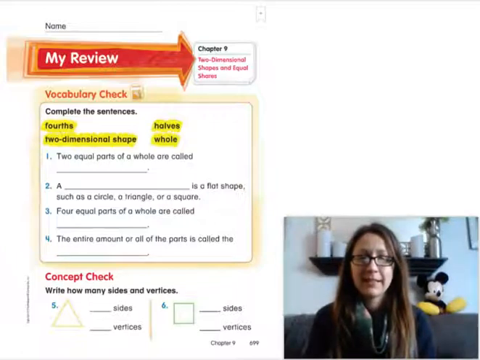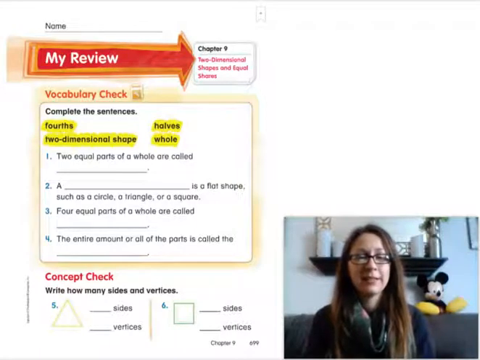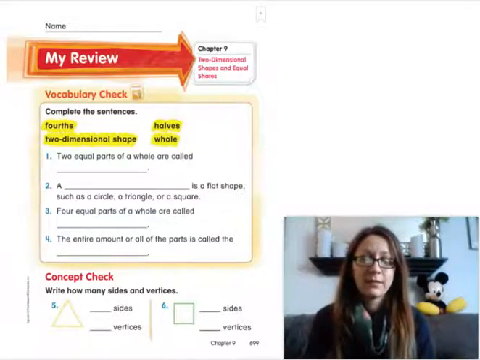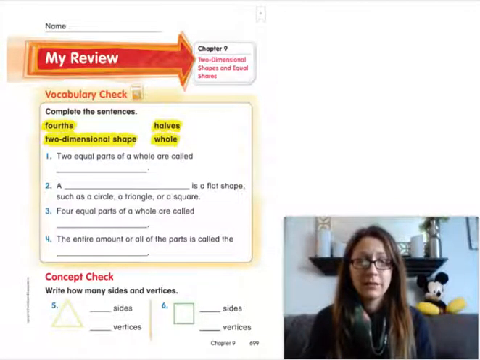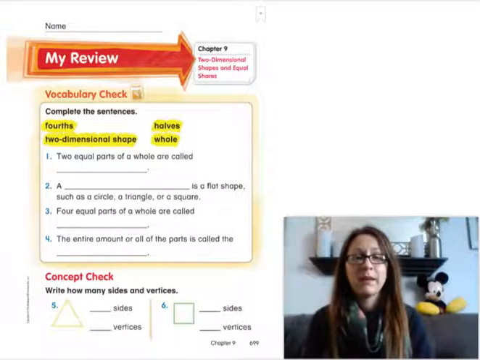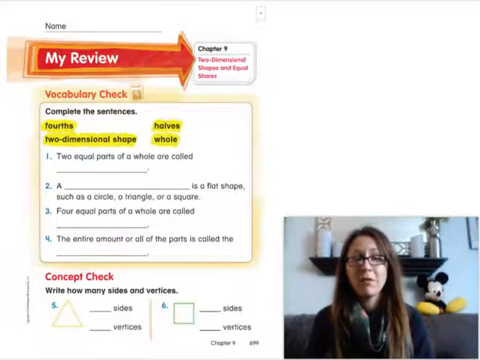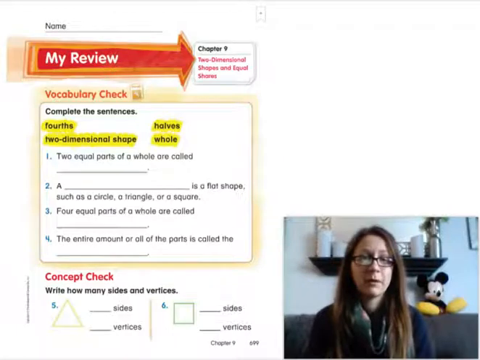In today's lesson, this is going to be our test on our chapter on two-dimensional shapes. So you're going to need a pencil. This is page 699 in your math book. For this page, I'm not going to go through the answers with you because this is your test. I am going to be collecting this paper on Thursday when your last assignment is due. That is when your stream assignment is due. So I'll be collecting a few things then, but this is when this paper is going to be collected from